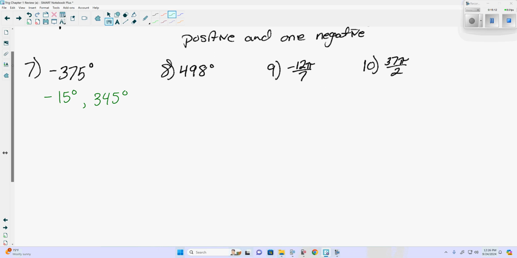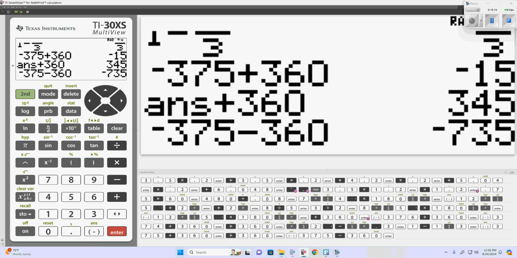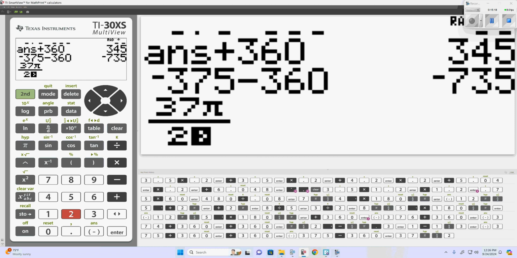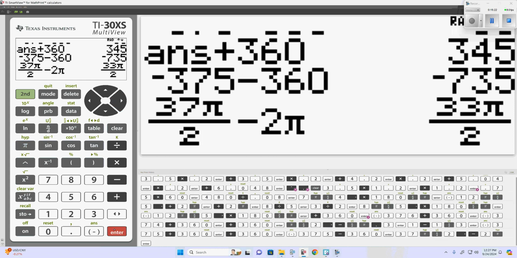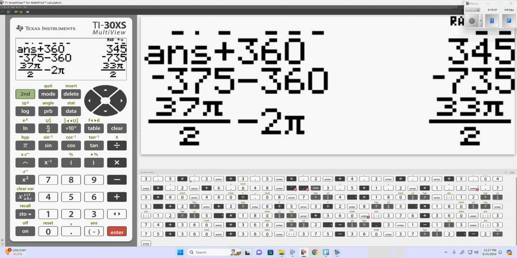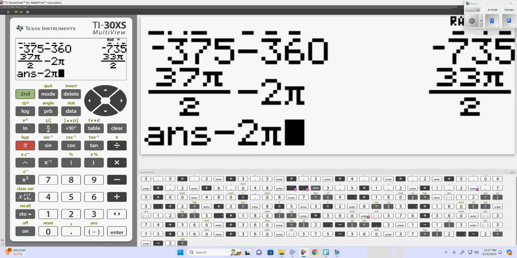Let's look at 10. 37 pi over, I think it's 2, isn't it? Okay, that seems like a really big angle. I'm going to subtract 2 pi and get. You can list that as your coterminal angle, because it is. Well, it's still positive, yes? So I'm going to subtract 2 pi